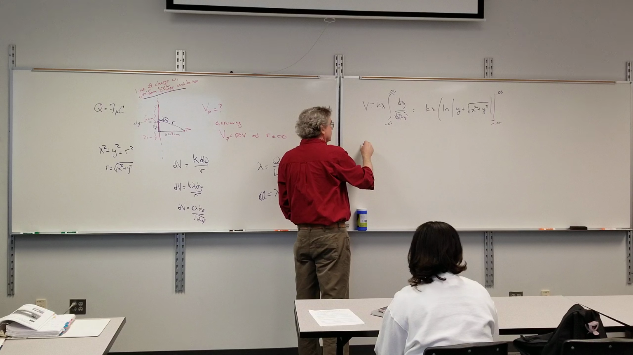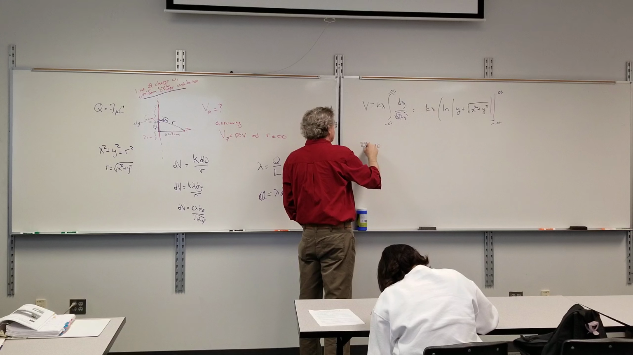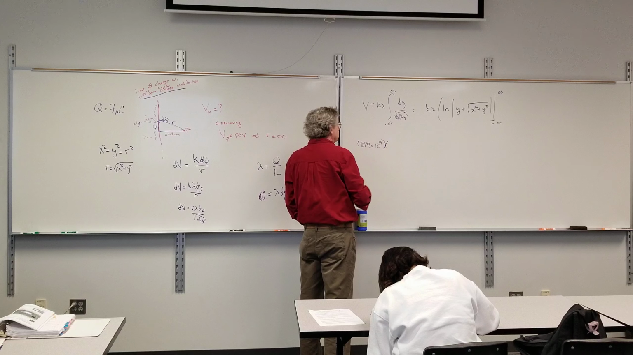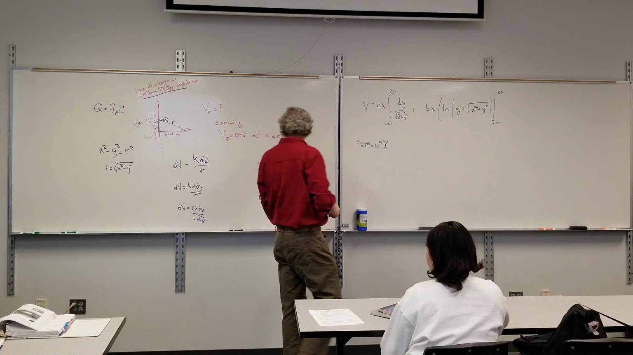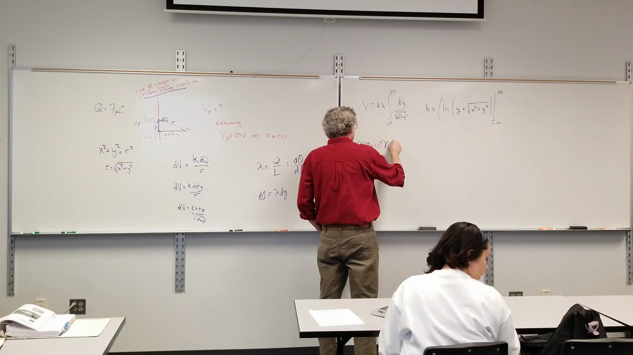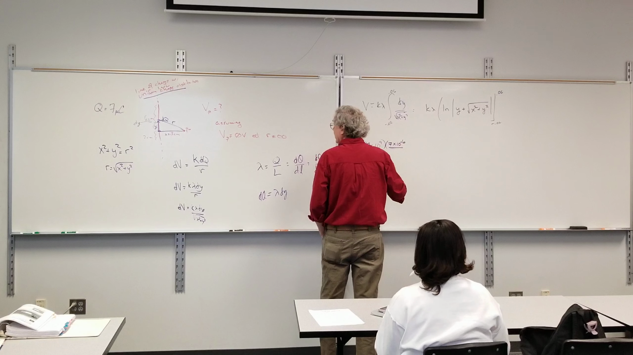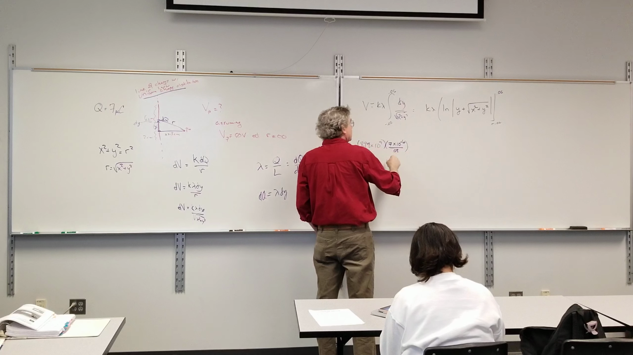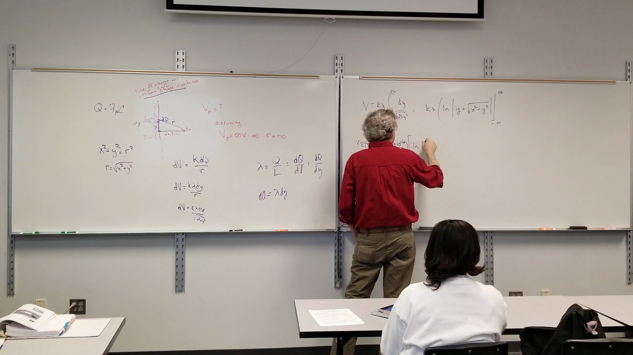So k is 8.99 times 10 to the ninth. Lambda is going to be the total charge divided by the total length. My total charge I gave was 7 microcoulombs, so 7 times 10 to the negative 6, divided by the length, which is 0.08 meters, times the natural log of